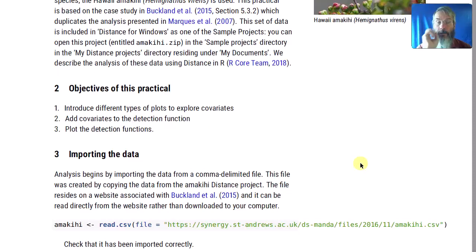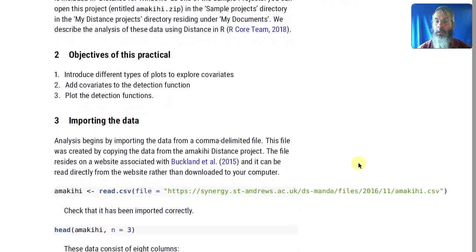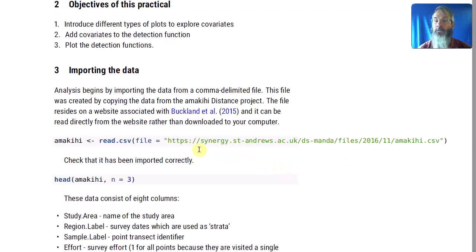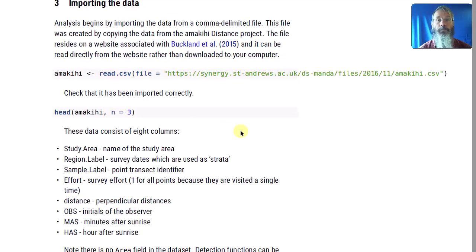So the dataset here actually lives on the website associated with the Buckland et al. 2015 book. So you can download it from that location and put it on your own computer, or you can ask the read CSV function to read that file directly off of the web address. Either way, once you get the data into R, you should have a look at it and notice that there